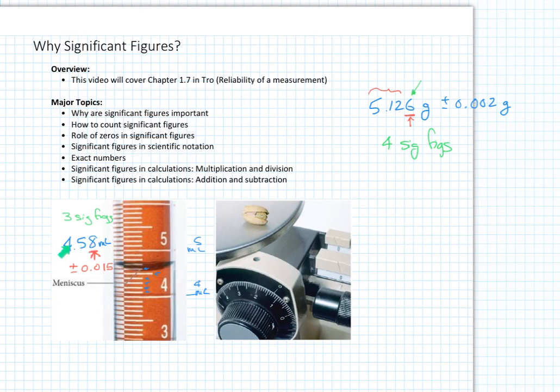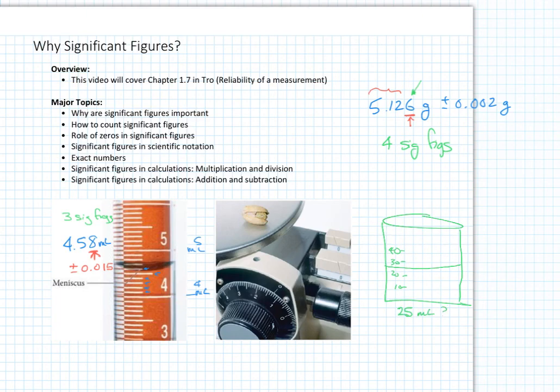Now, why is that important? What's the big deal with that? Well, if we had a different measuring device, let's say we had a beaker, and sadly, I don't have a picture of a beaker, but that might look something like this. And that might have 10, 20, 30, 40 milliliter markings on it. And if we had liquid in the beaker that was something like that, we might say that's like